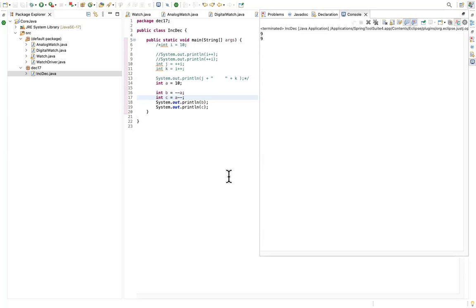Am I clear? So during incrementation, you said while directly printing in sysout, the output will be different. But while assigning, basically, I plus plus or I minus minus, what it does is it will not do the operation which you're doing after the I value. It will only assign the I value whatever it is present. Can we print this out in line 13, Kiruba?